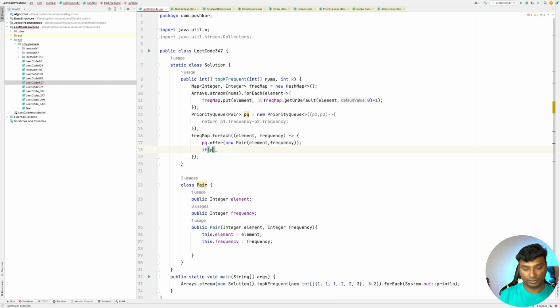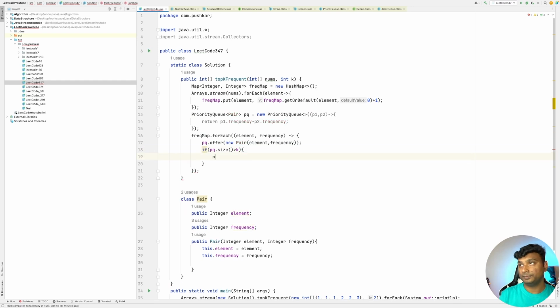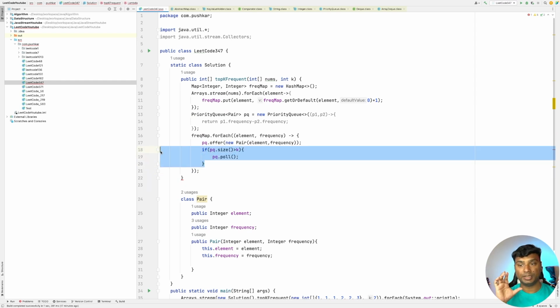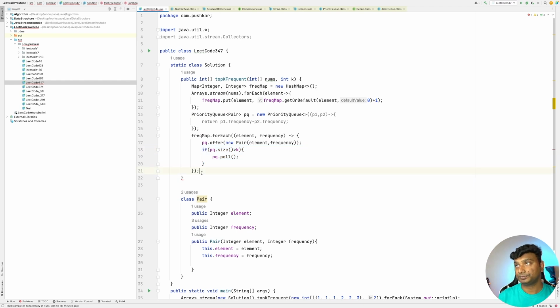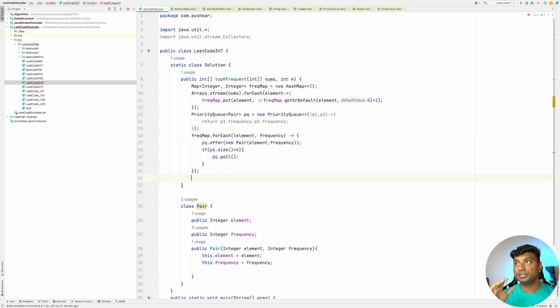If the size of the priority queue is greater than k, then let's remove that with PQ dot poll. This block will always make sure the priority queue size does not grow more than k. At the end of this, we'll have our priority queue of size k, and our answer is the element of each pair present in the priority queue. So let's get our answer.